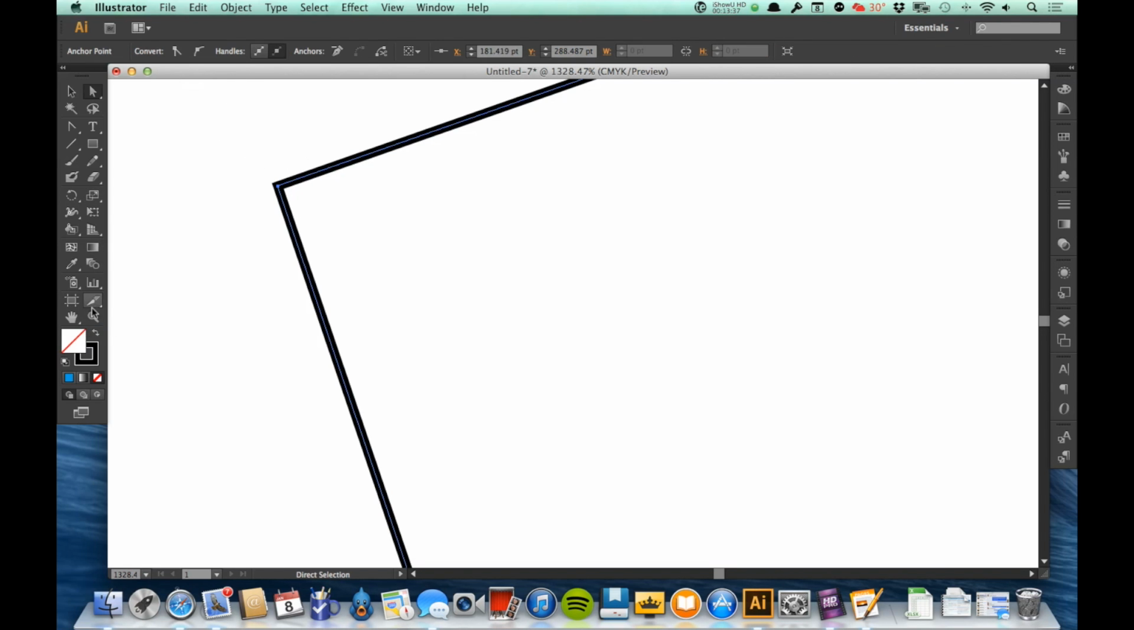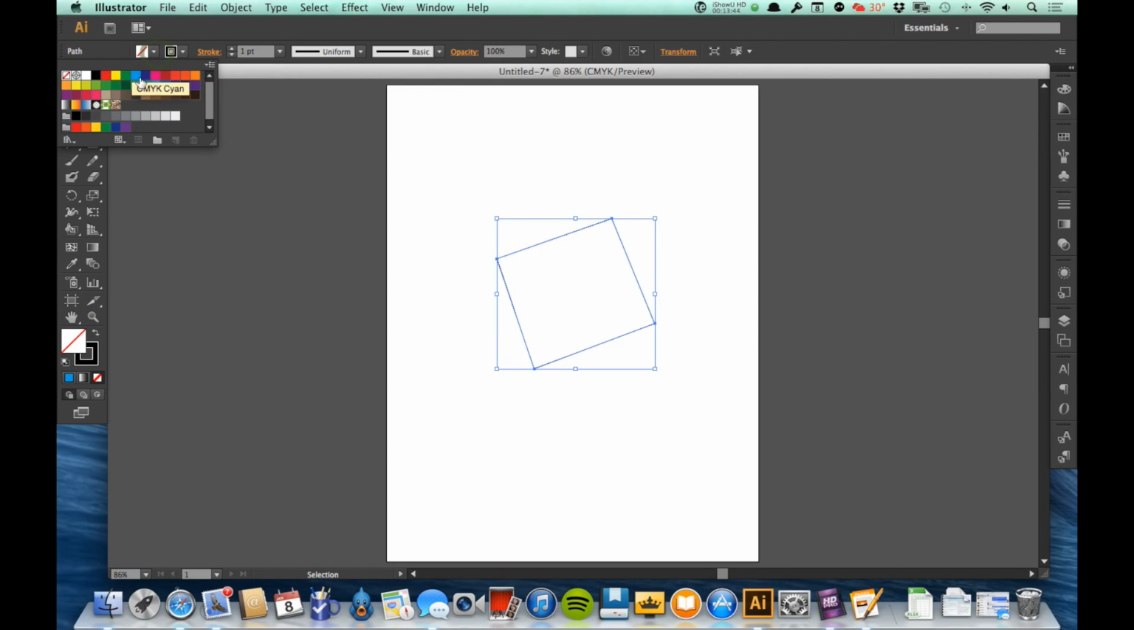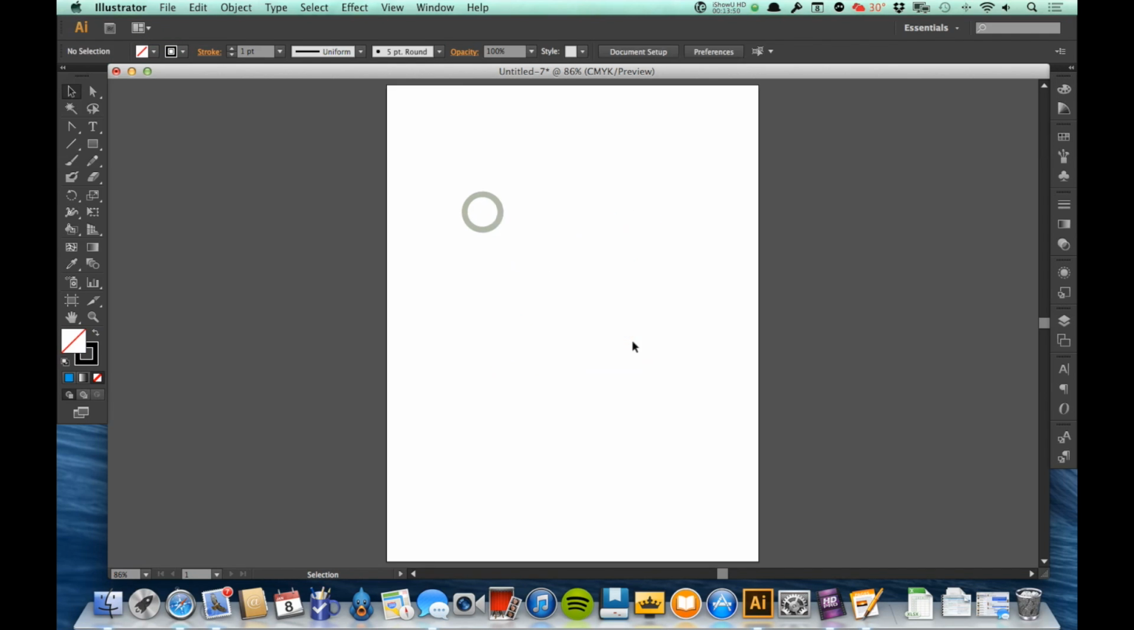And now, if I decide I want to fill this, it's going to fill it just like a normal square because it is an actual shape now. I've joined those paths. Now there is a command that goes along with the Join command, and that is